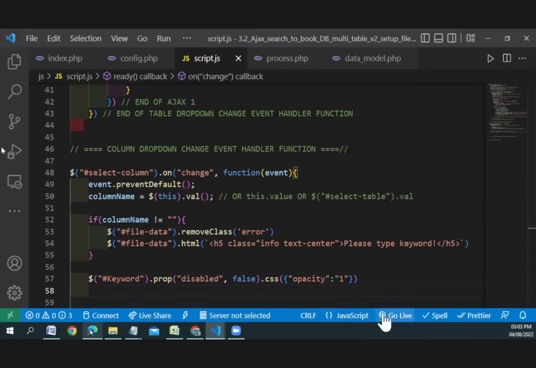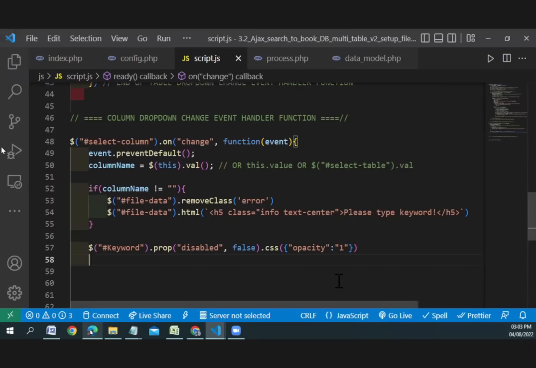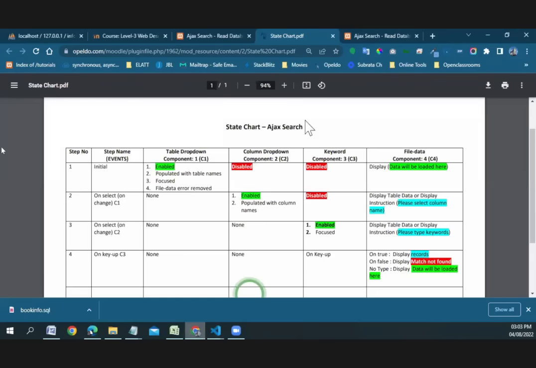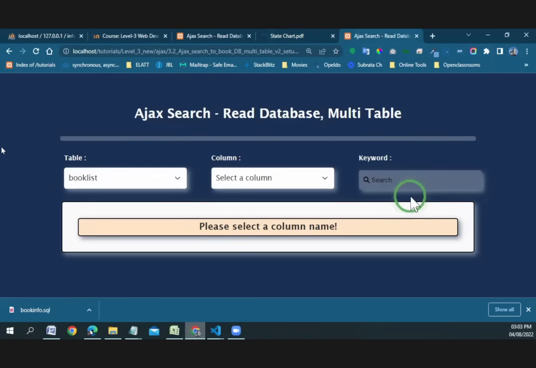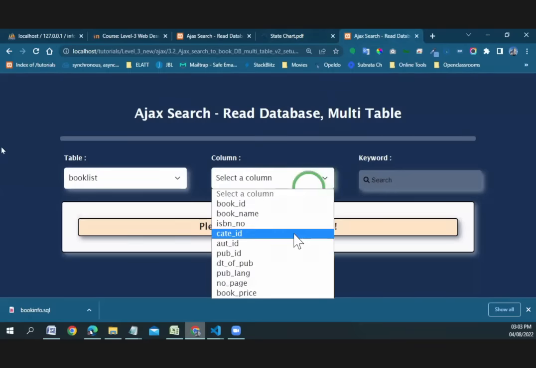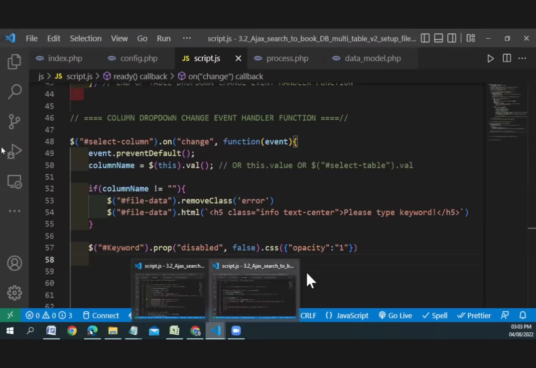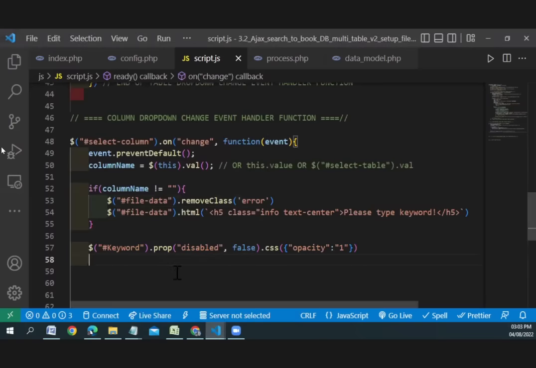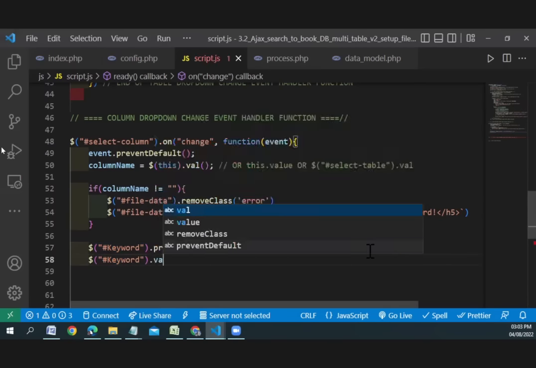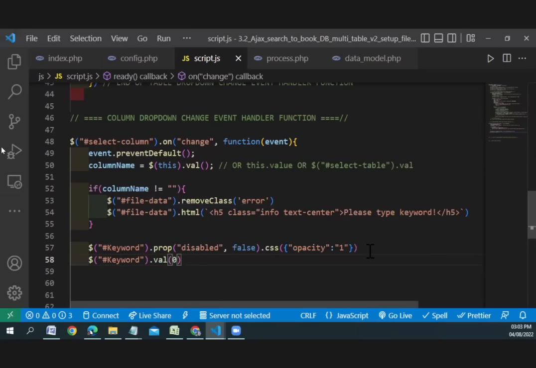What else do I want to do? If there is a value already typed from the previous attempt, this will now be activated, this guy. If it's a second run, a customer searching a second time, and any value is there, as soon as you change something, I want that to be cleaned, to have a new input. So for that to happen, I would do a little bit of extra things to it. I'll do two things to it. One, every time you change it, I'm going to use the val function to empty its value, if there's any. But I